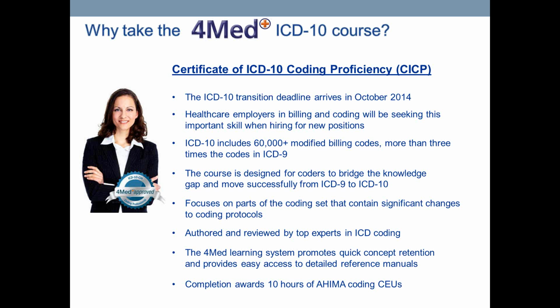One of the reasons why is that ICD-10-CM has a lot more specificity in the codes. Sometimes there's much greater anatomical precision. There are elements in the coding set that let you code for laterality, which is new as well. So whereas in the old coding set you had some problem with the kidneys, now you can specify which kidney it is. So the coding set itself is definitely more complex, but the good news is that for people who are familiar